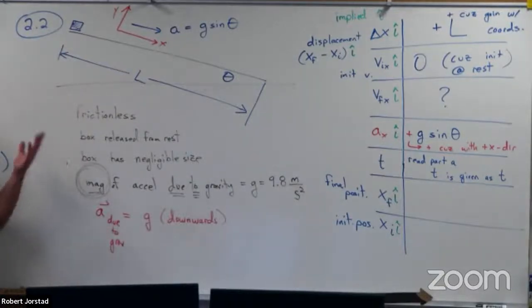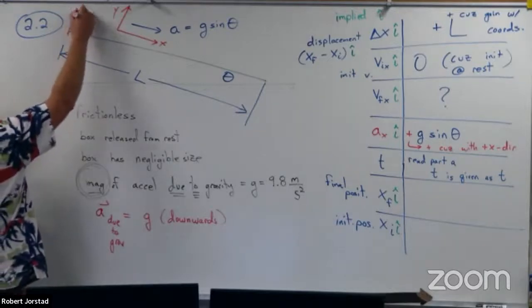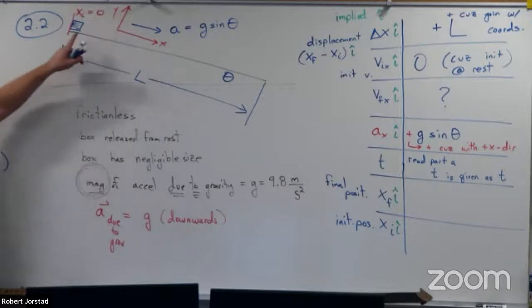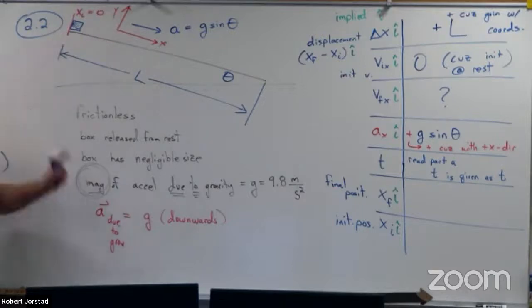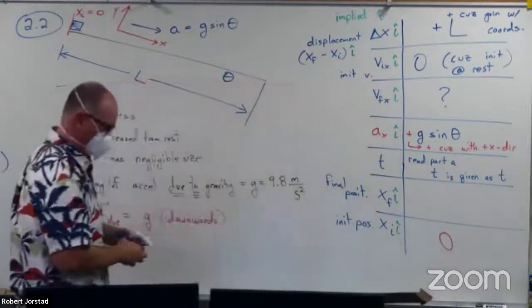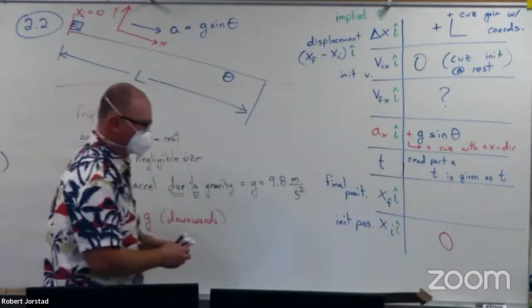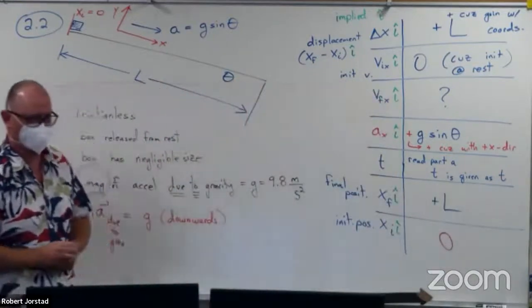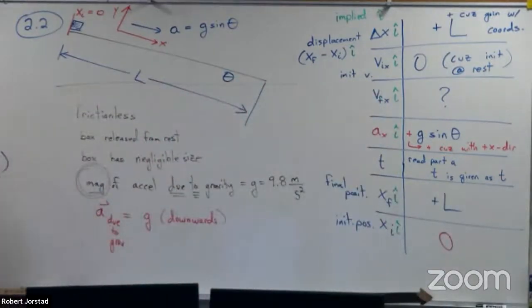We could choose where to put our coordinate system. Usually, we set x initial equal to 0. So this coordinate system would have the origin right there. If we do that, the initial position becomes 0. What is the final position? L. L, positive or negative? Positive L. Got it? So far, so good? All right. Now,